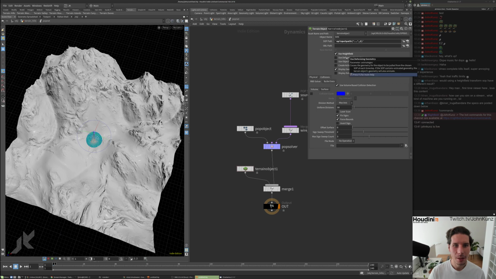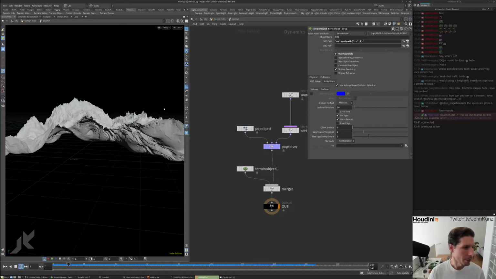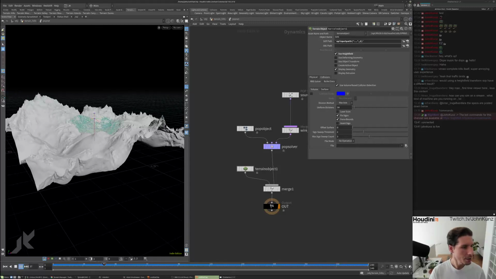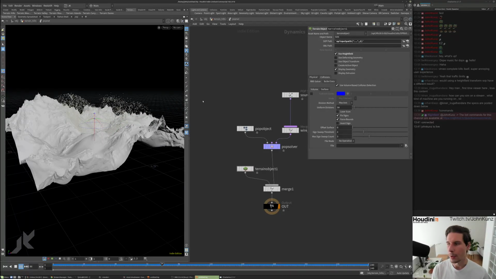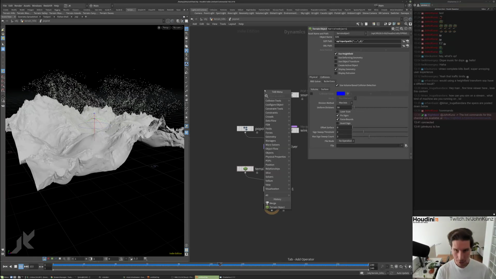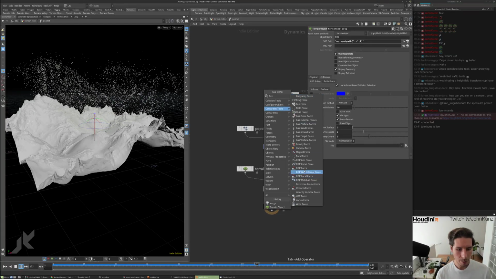So we could just play things. You could see that we're getting bounces or deflections, collisions and stuff like that now. But we don't have any gravity. This is like outer space, anti-gravity. So we can just add force. Usually I'd do a POP force